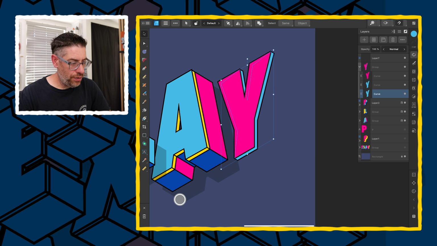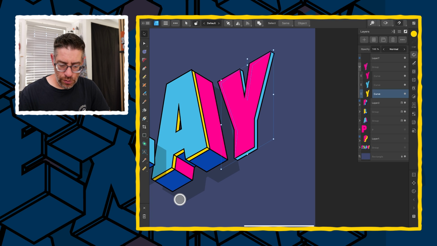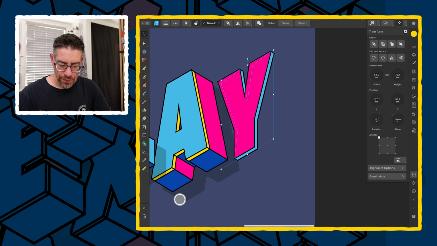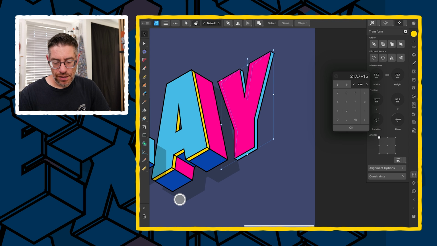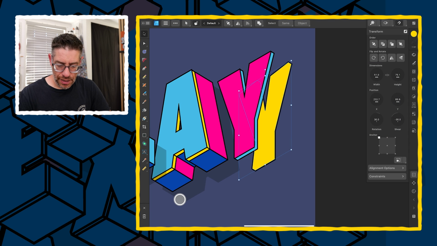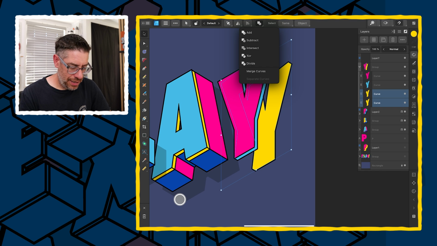change the color to yellow, and then we're going to duplicate once more, select the bottom layer, transform, X plus 15, Y plus 9, oops, plus 9, there we go. And then again, select both those layers by swiping, come up to the Boolean tool and press add,